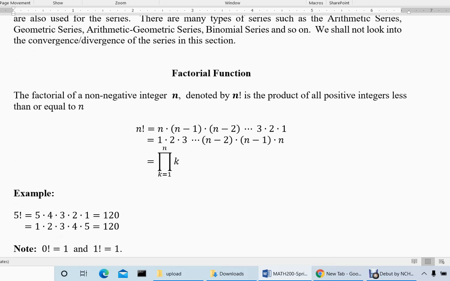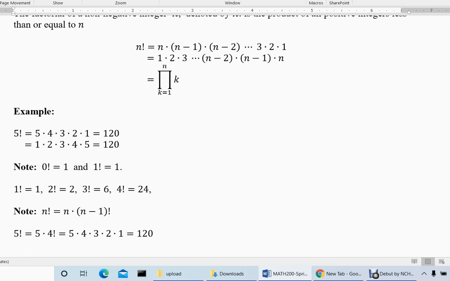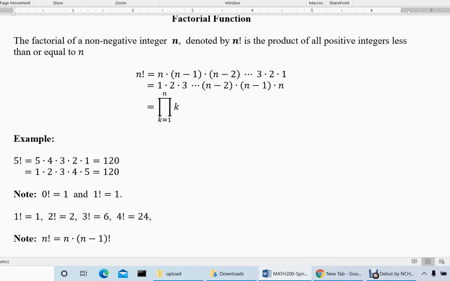What do we mean by n factorial? Let's look at a numerical example first. 5 factorial means 5 into 4 into 3 into 2 into 1. Take your calculator, it will give you 120. Some calculators have a special function for the factorial. Or you can write it in the other order, small to big, 1 into 2 into 3 into 4 into 5. In general, n factorial equals n into n minus 1, n minus 2, and so on down to 1. Or you can start at 1 and stop at n.